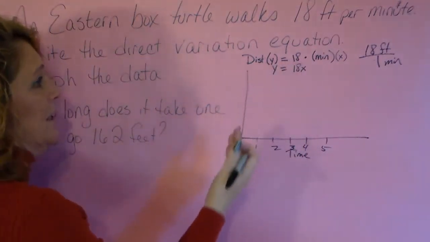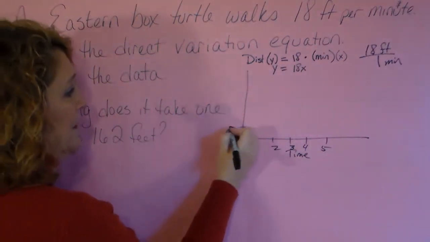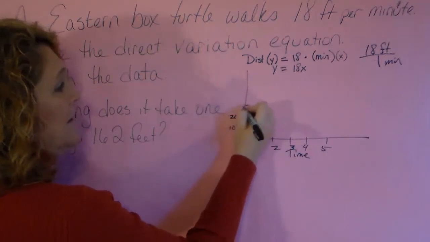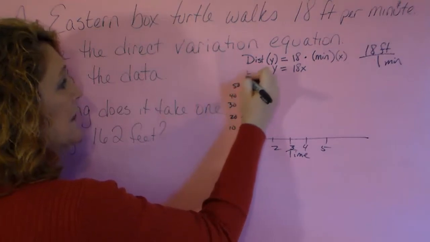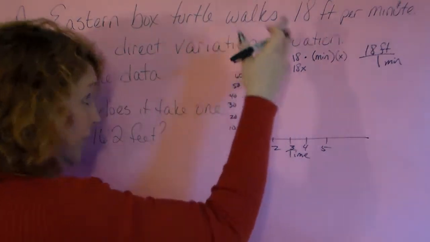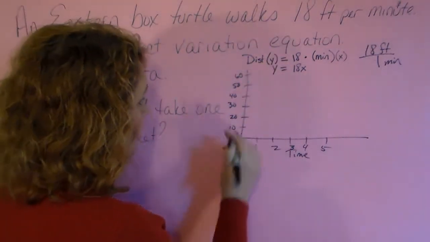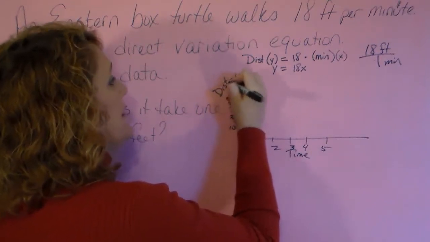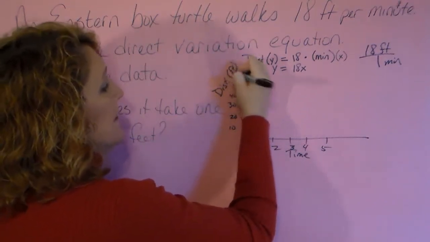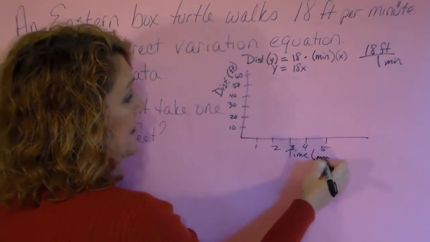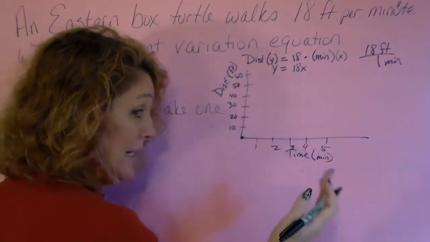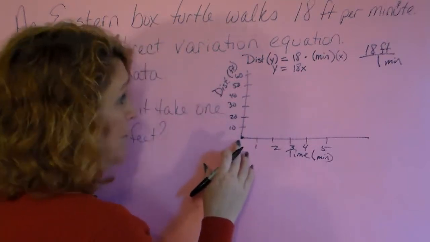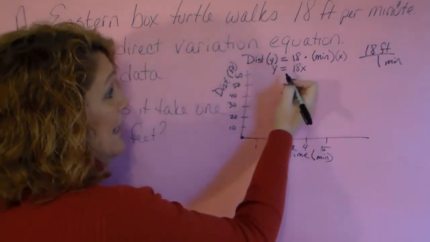So every time he goes up, he's going to go 18. So let's go up by tens. 30, 40, 50. Up by tens. Oh, and we're going to label this distance in feet. And this is minutes. All right. So he goes 0 feet in 0 minutes. After 1 minute,